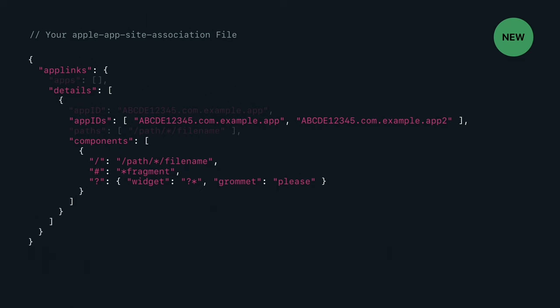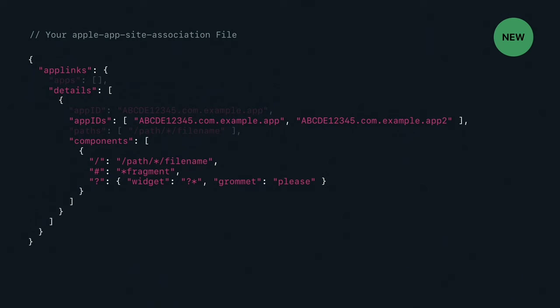Query items with no value and absent query items are treated by the operating system as if they have a value equal to the empty string. For a components dictionary to match a candidate URL, all the specified components must match. If you don't specify a component, the operating system's default behavior is to simply ignore that component. So if, for example, your app doesn't care about the fragment component of a URL, you don't need to specify